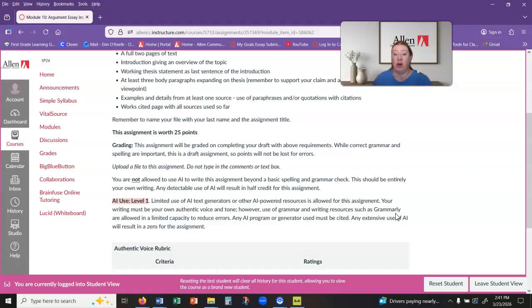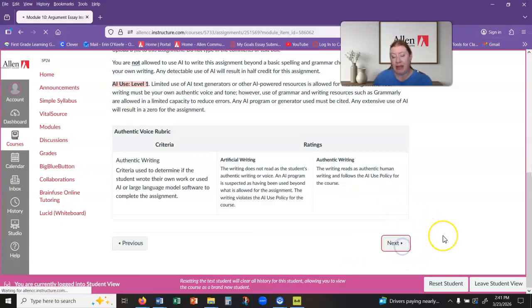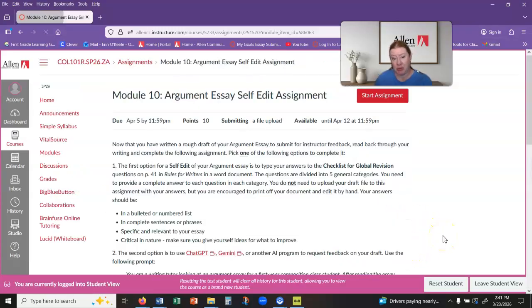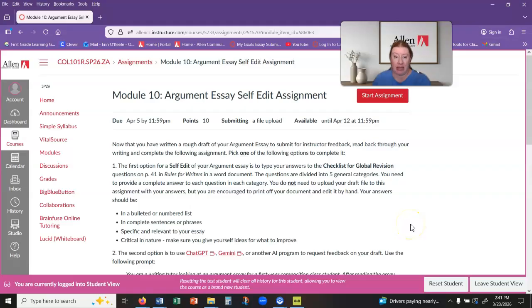I want to see your own writing. So don't use AI for this one. And then the next one, though, the next assignment is one where you can use AI if you want that option. So this is a self-edit of your essay,